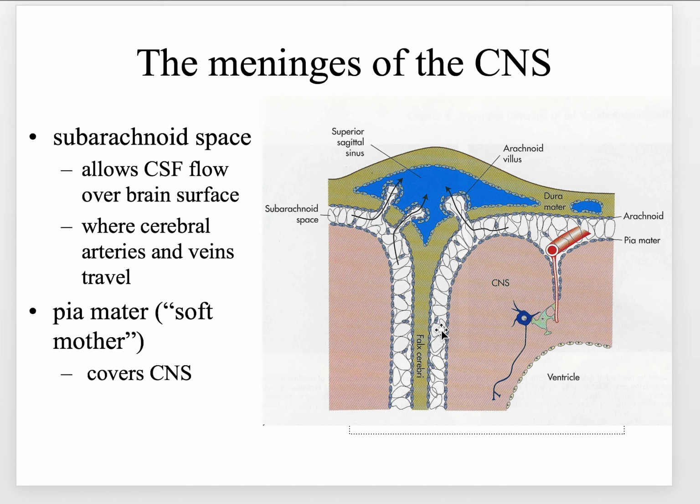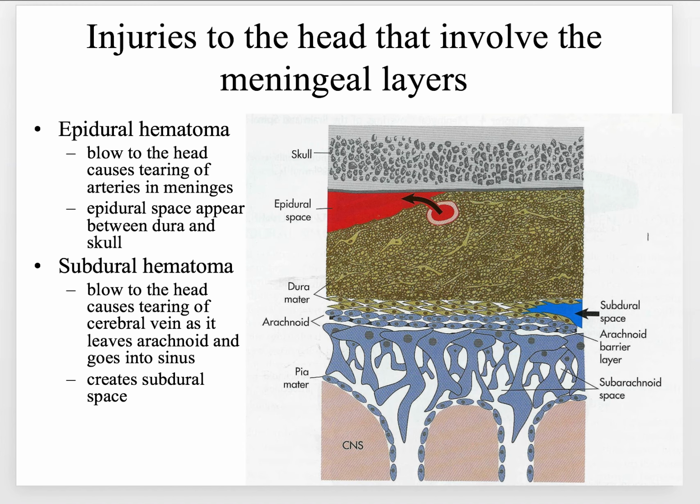And then what we're finding is that this is where you find cerebral arteries and some veins as well that we can find here. And finally, we have the pia mater, which covers here, and that pia mater is the soft mother. It helps cover the central nervous system. So, when we look at this and we try to see what happens in terms of these different structures and